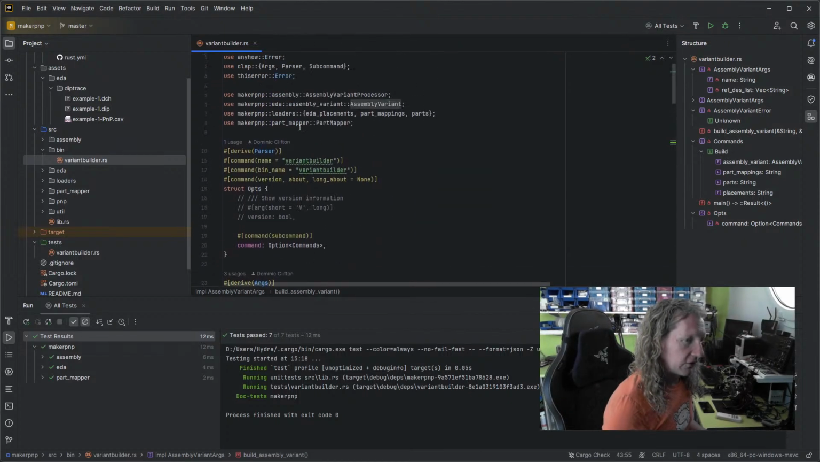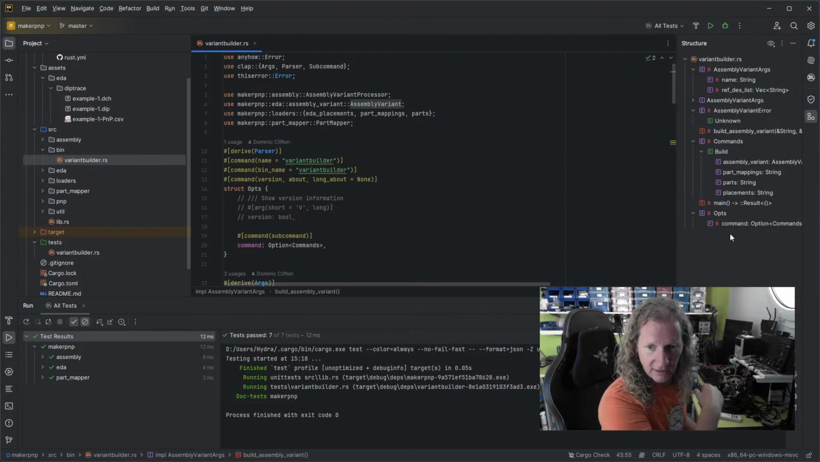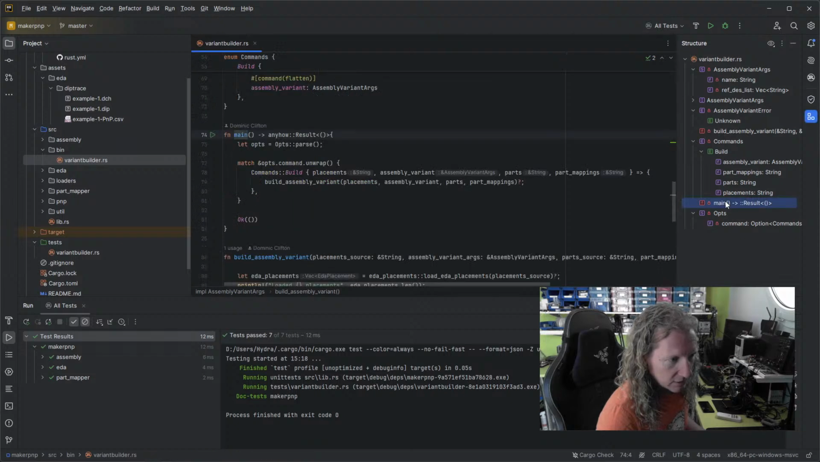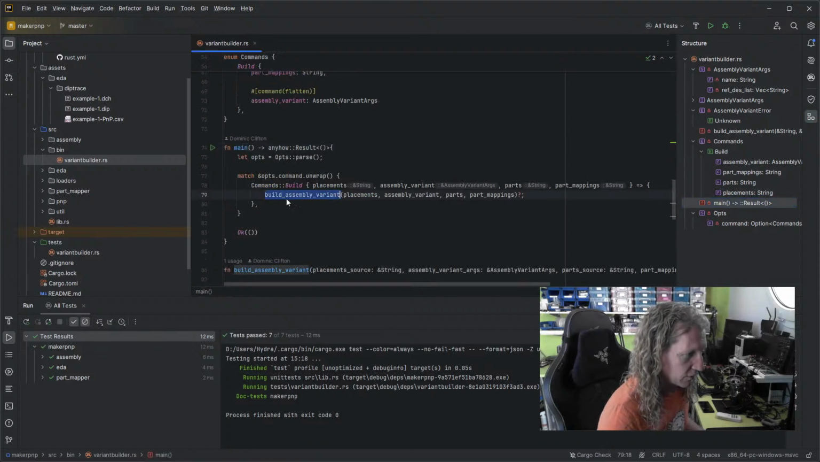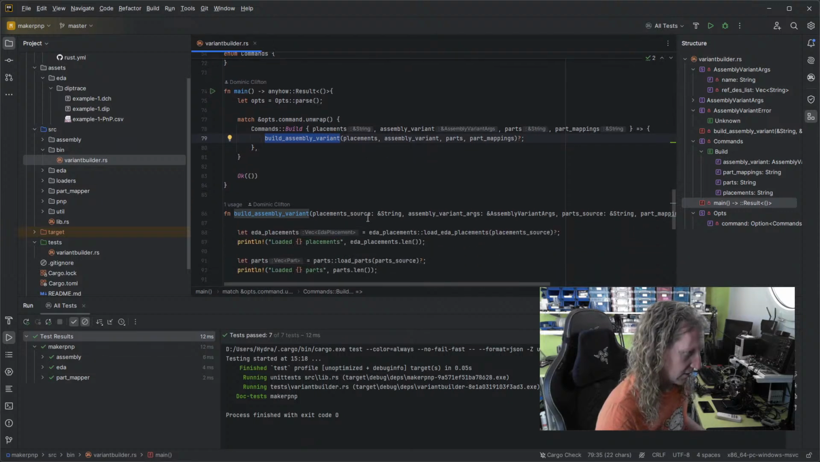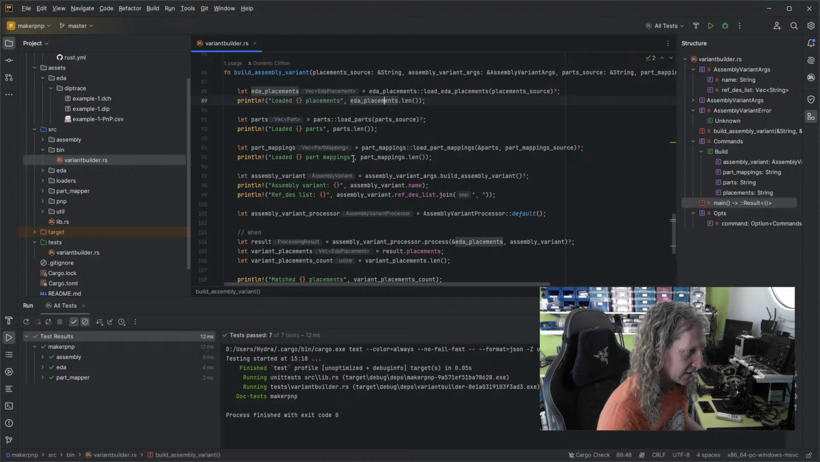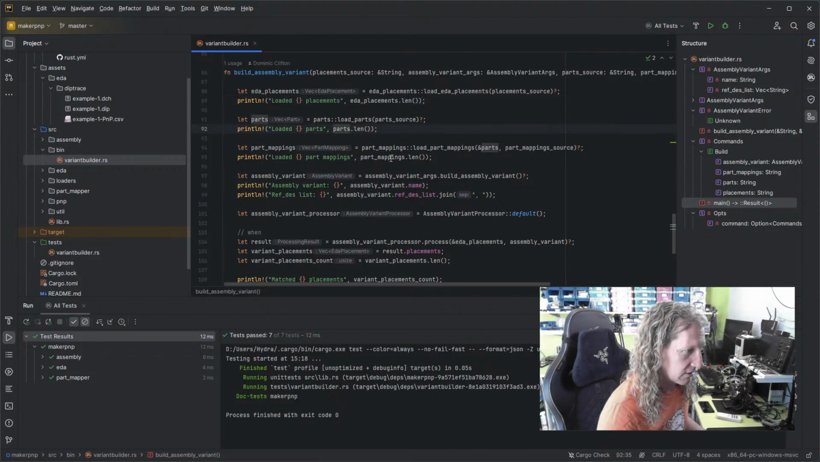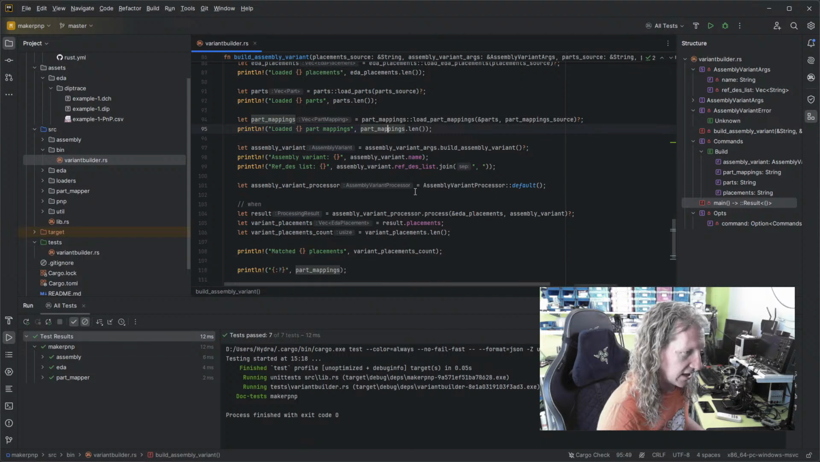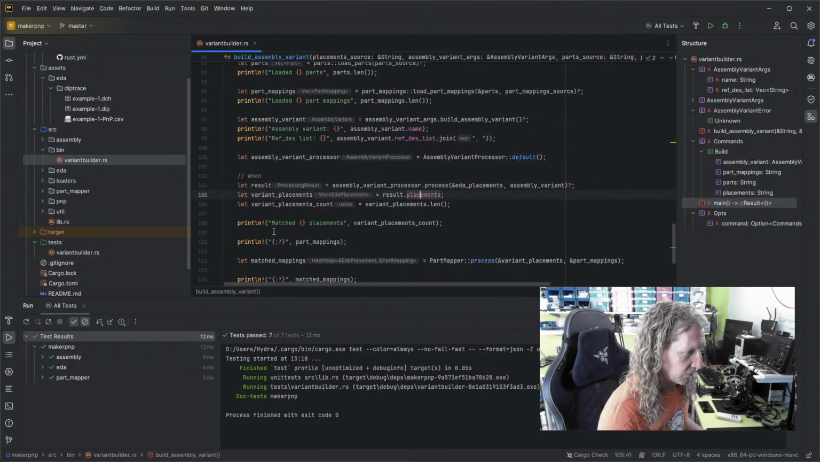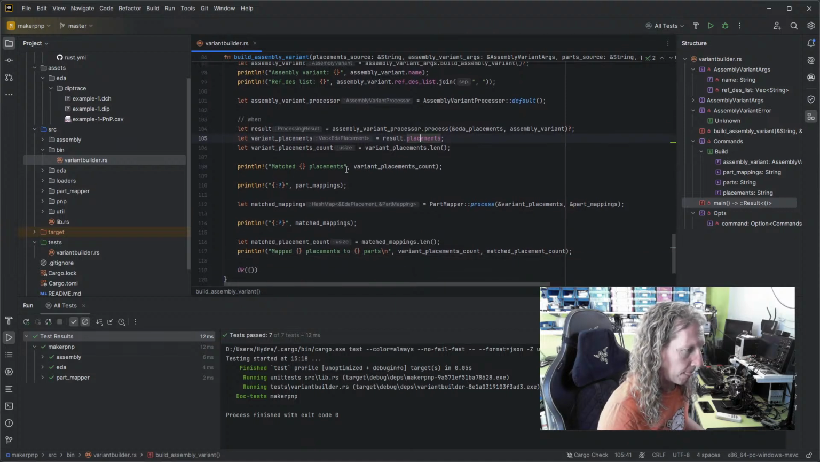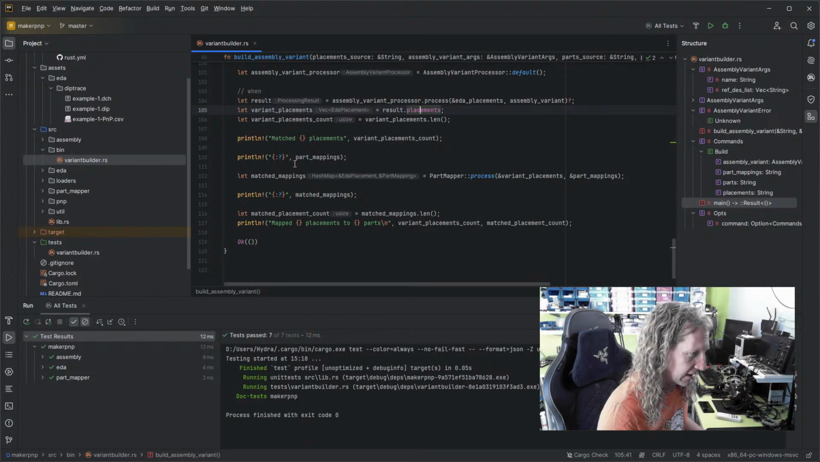So what's left in here? Let's have a look at the structure. If you remember yesterday, there was loads of stuff in here, and that's now all disappeared. So we've basically got the main, which says build assembly variant, and it loads placements, it loads parts using a loader, and it loads up part mappings, and then it uses a variant processor to give you a bunch of EDA placements essentially, and then it matches them, prints out how many matched, and then we